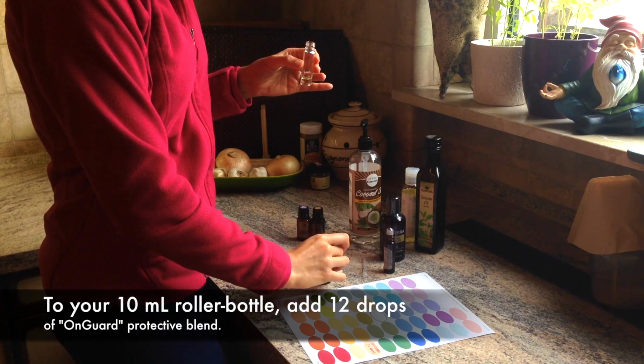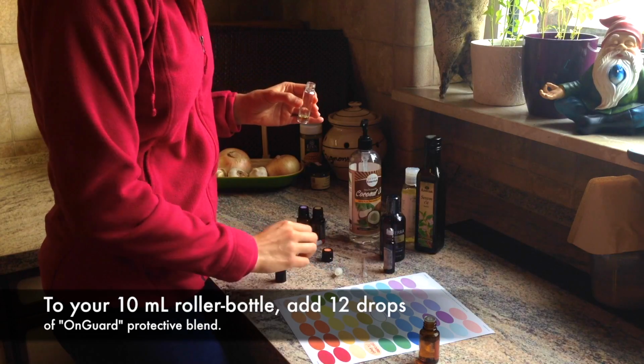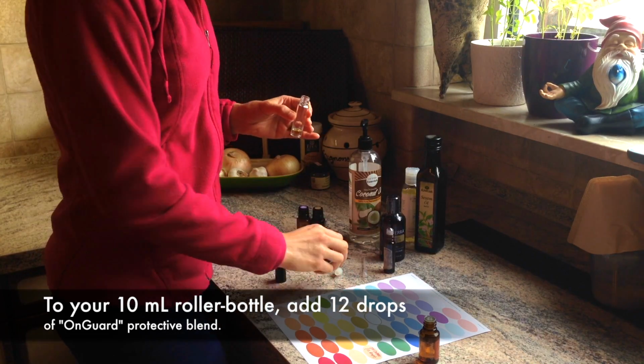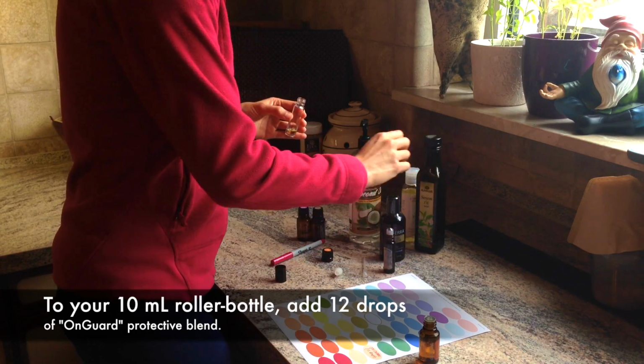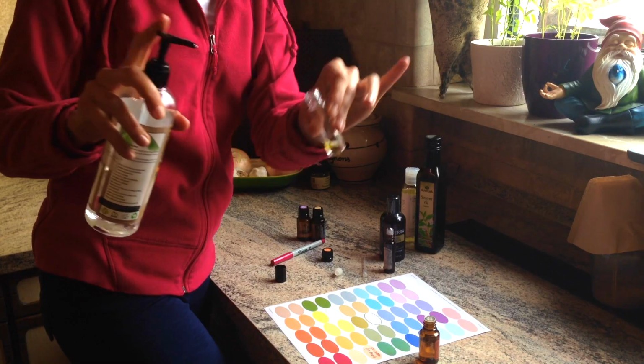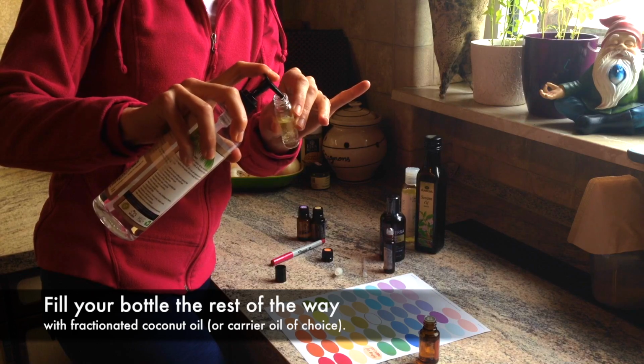Again, if you're not comfortable with 12, or if you have done your research and think that a lower amount would be better for you, then you can do 8 drops. But I think 8 to 12 is a good range. It's what I use for my rollerball bottle. So it's just a little bit of oil, and then you dilute it. Just fill it almost to the top